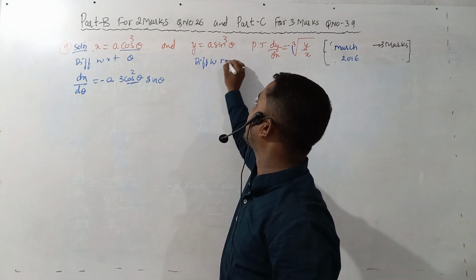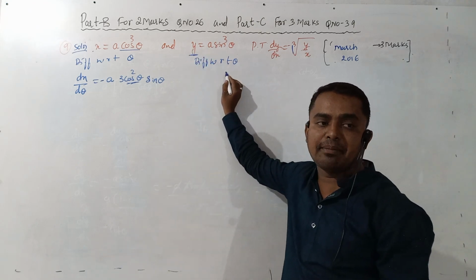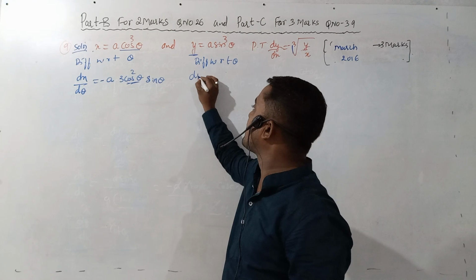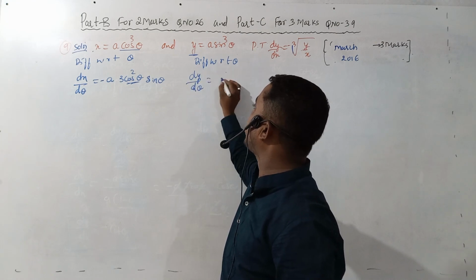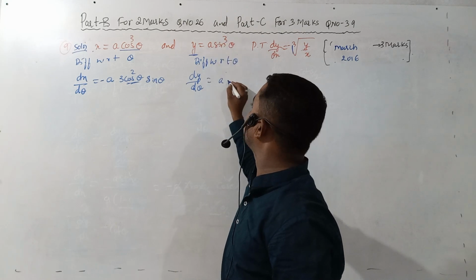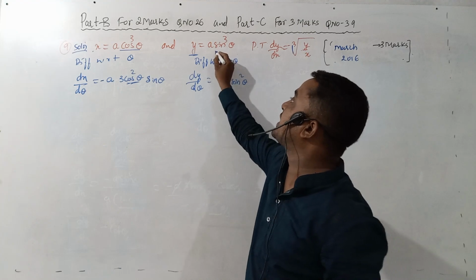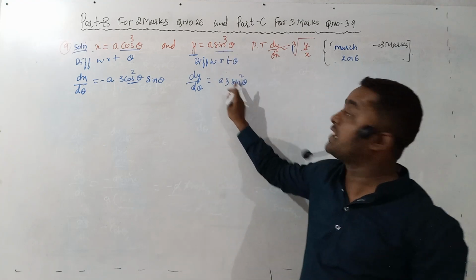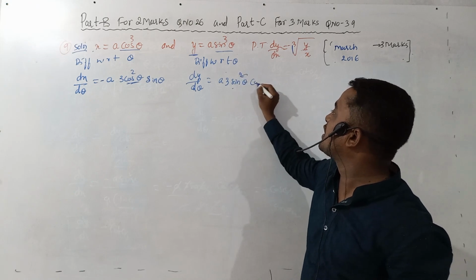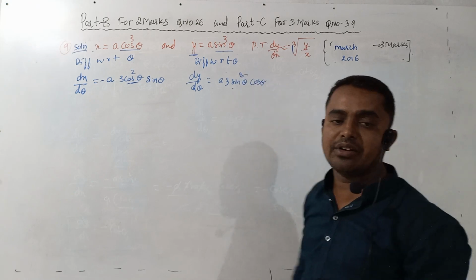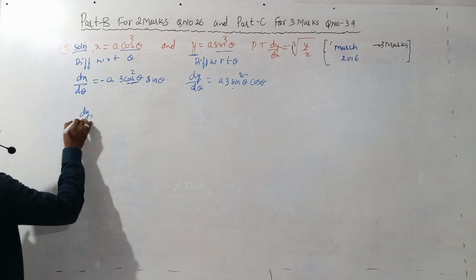Differentiate with respect to theta in the same manner. The derivative of y with respect to theta, dy by d theta: the a stays as it is and the 3 comes to the front, giving 3 sin square theta. The derivative of sin theta is cos theta. Now dy by dx is equal to